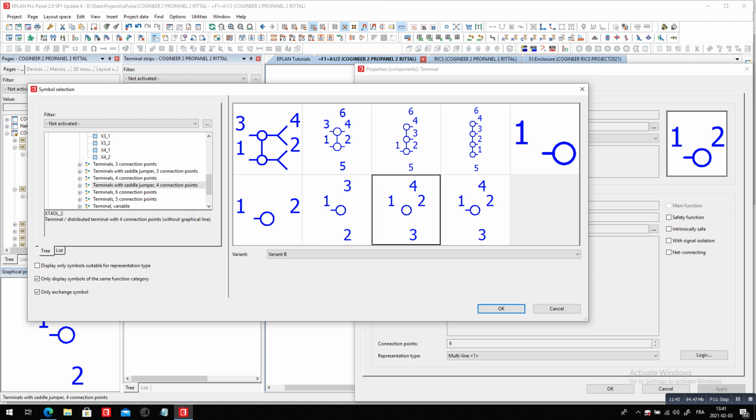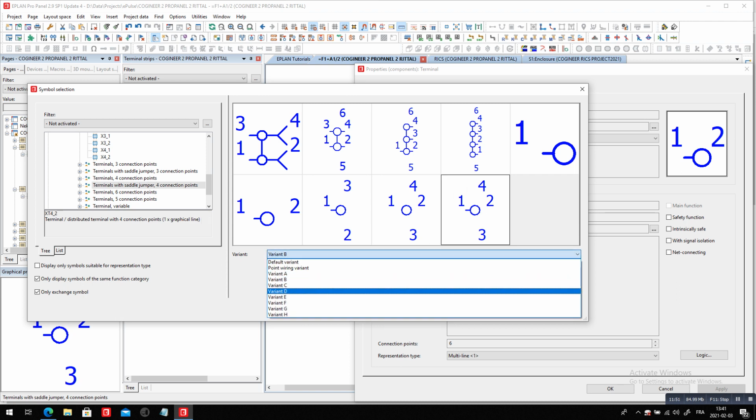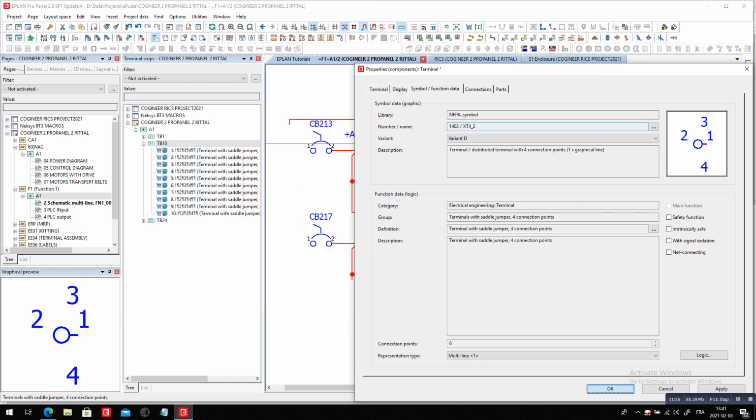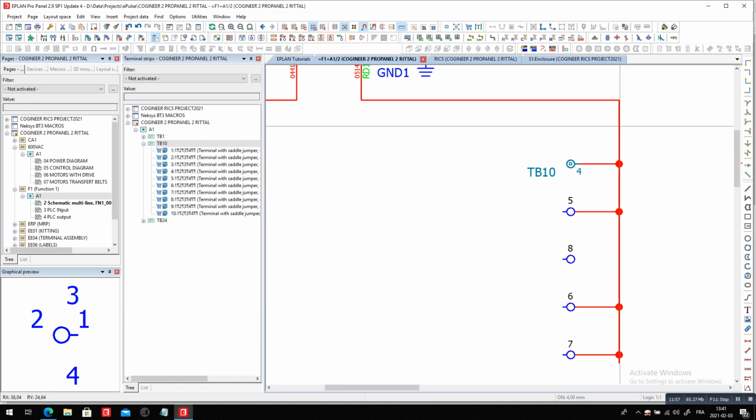Quite interesting, because if I actually use, let's say, this one here, let's make it variant D, like this, okay? What's going to be nice is I can actually connect to that terminal once, like this, you connect in,